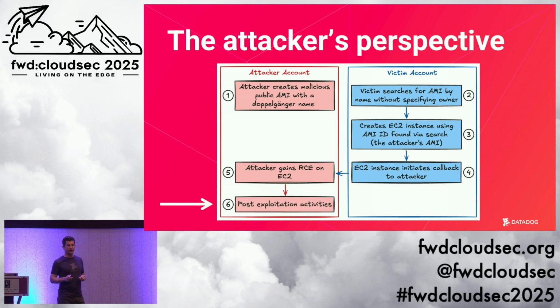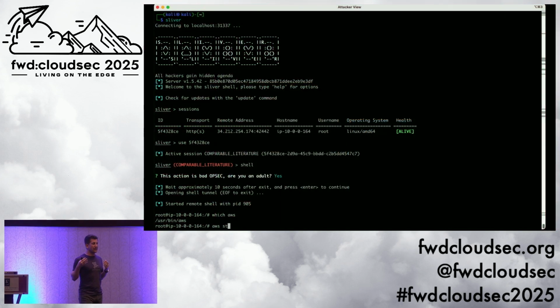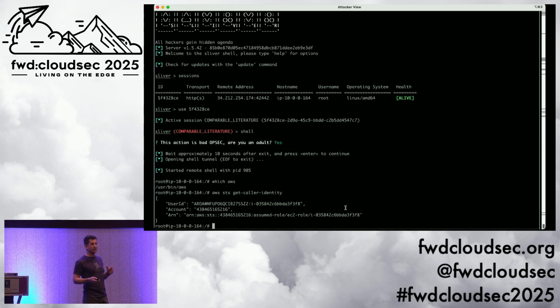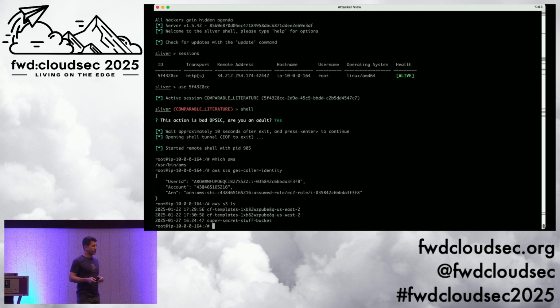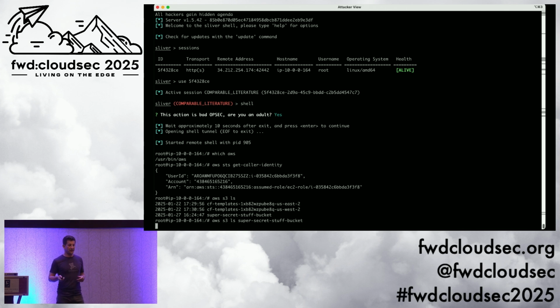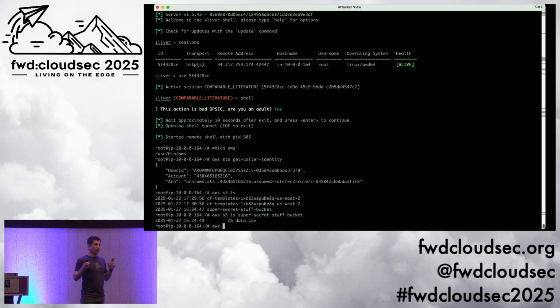So here we have now, so as many of you know, this is why the principle of least privilege is so important in the cloud. Because any IAM permissions that this EC2 instance has, the attacker now has access to that. So the attacker first just checks, is there an instance profile attached to this instance? Yes, there is. Do I have permission to list all the buckets? Oh, look at that, I do. Do I have permission to list the objects in the bucket? The one called super secret stuff bucket? Yep. And cross your fingers, does the attacker have the ability to get the object out of the bucket? Spoiler, they do.